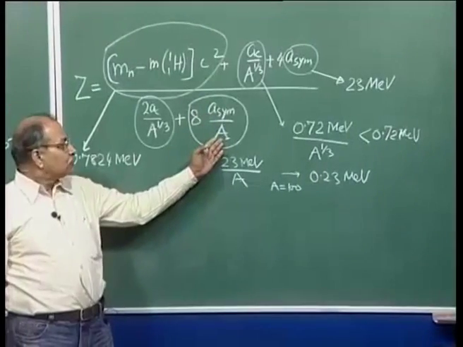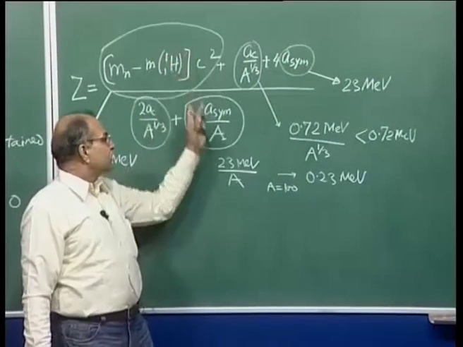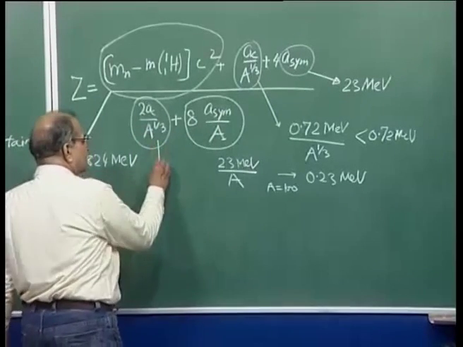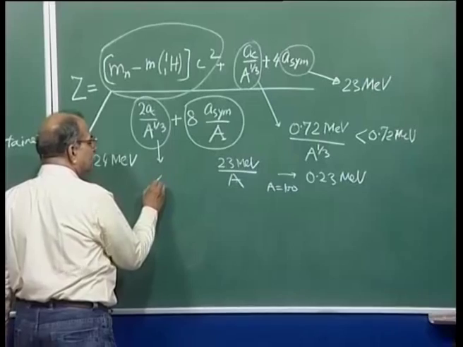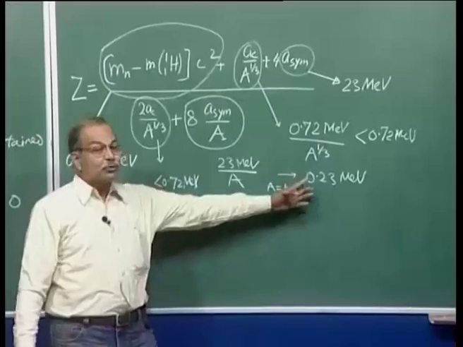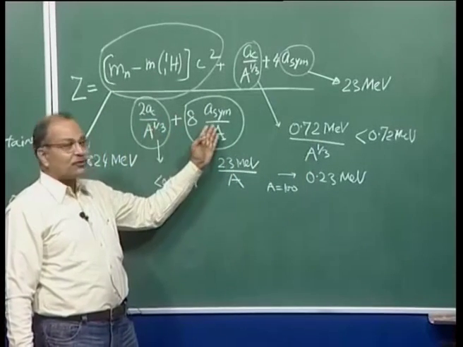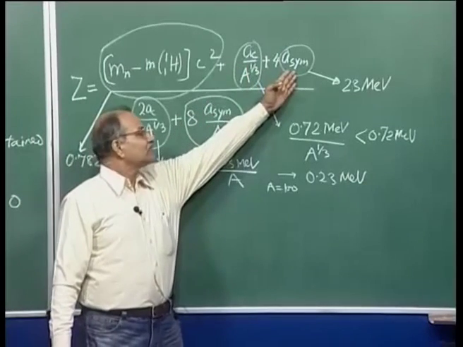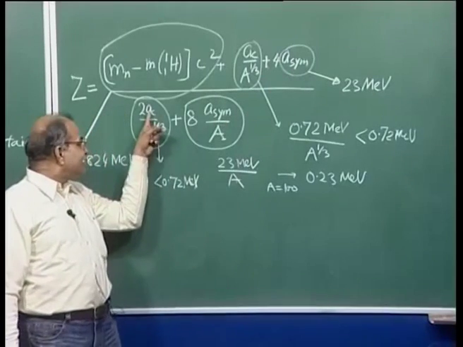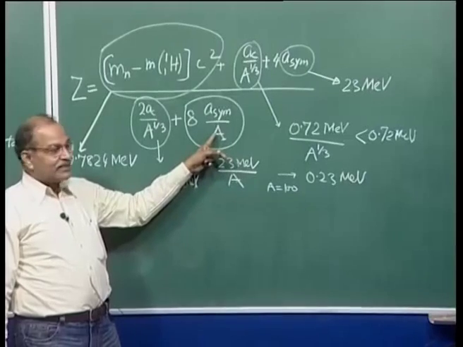right. So here this asymmetry term was much larger than these, but here this may not be larger than this. This is only less than 0.72 MeV. So this is the range, and here it is 0.23, that is the range. So here you do not neglect this in front of this. This can be neglected in front of this. This AC can be neglected in front of asymmetric, but here this AC cannot be neglected because of these factors here, this capital A here.